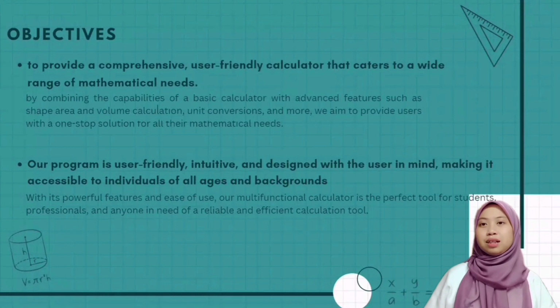This will eliminate the need for multiple tools and streamline the calculation process, making it more efficient and convenient. The project intends to provide a user-friendly interface that is easy to navigate, reducing the chance of error and frustration. Additionally, the project aims to make mathematical calculation accessible to people of all levels, whether they are students, professionals, or just someone in need of a reliable calculator. The ultimate goal is to empower people with the tools and confidence to tackle any mathematical challenge, unlocking the true